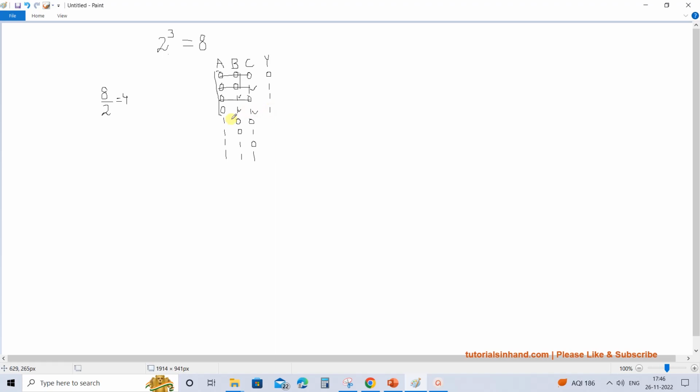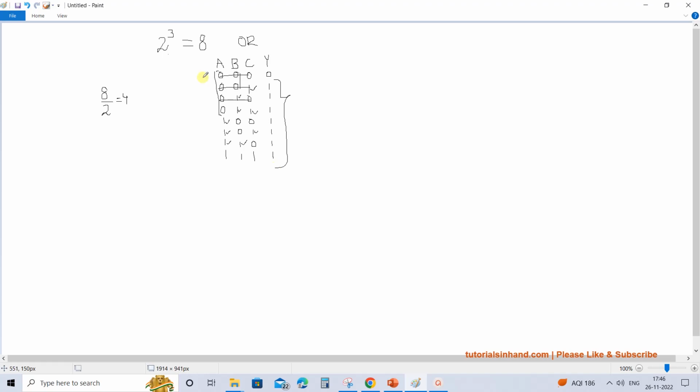Here we have 2 as 1, so it is fine. We will have 1. Similarly here A is 1, so output is 1. And here we have 2 of the inputs as 1, so this is also going to be 1. And on the same line we have 2 inputs as 1 in this combination, so output is going to be 1. And here all are 1, so definitely the output will be 1. So this says that any OR operation which has all the inputs as 0 will only be 0, else its output is going to be 1, right? So this is the 3-input truth table.